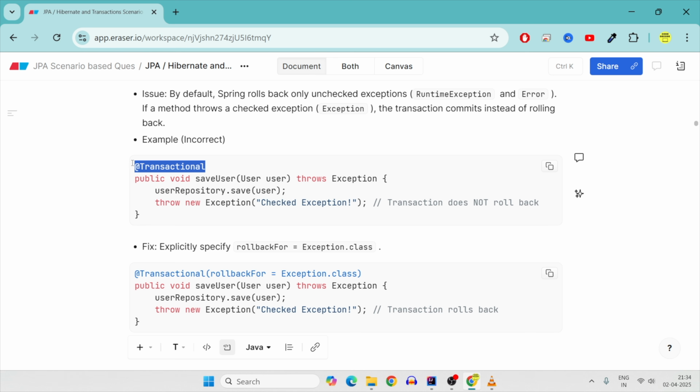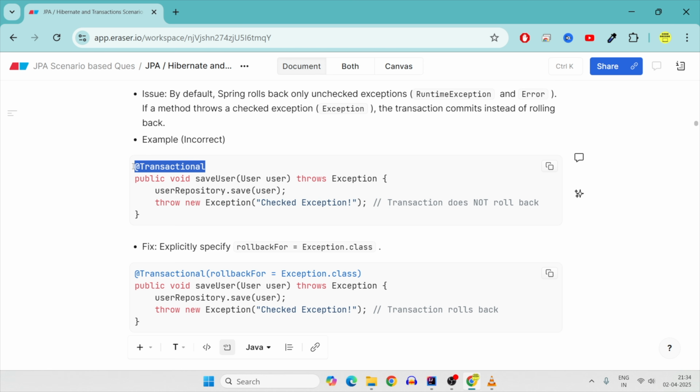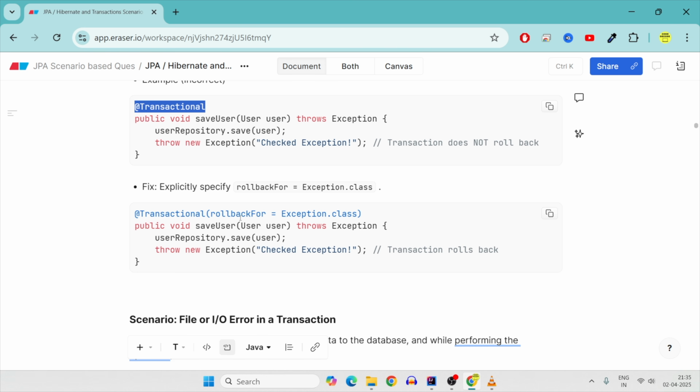If I had removed this transaction, then user 1 automatically commits, and even after that you throw an exception, no rollback because there was no transaction. Here I have added the transaction, still the data is not getting removed from the database, it is still getting persisted into the database. Why is that so? The reason is the rule that Spring by default rolls back only on unchecked exceptions. So if you send an unchecked exception, then fine, it will roll back. But if it is a checked exception, you will be in trouble. How to fix it? You can explicitly tell it to roll back for Exception.class also.